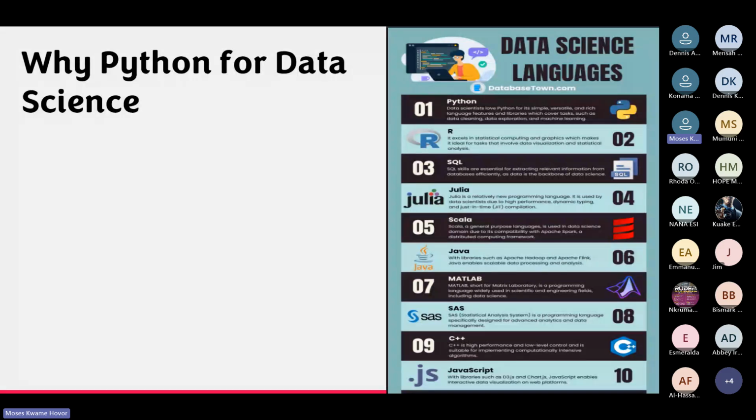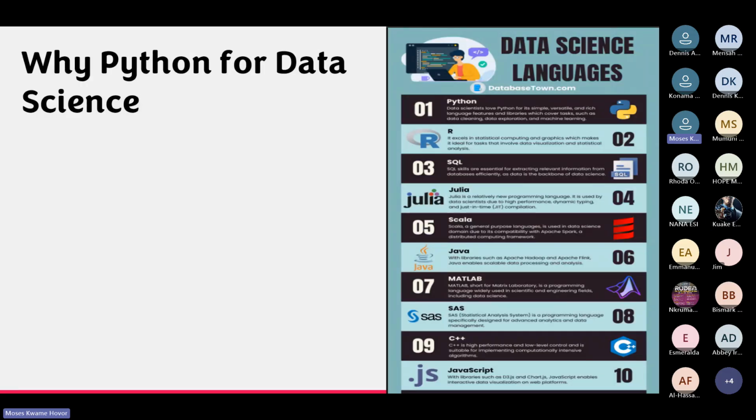Now, why Python for data science? We've already spoken about its versatility when it comes to the number of libraries it has that help in simplifying machine learning algorithms.